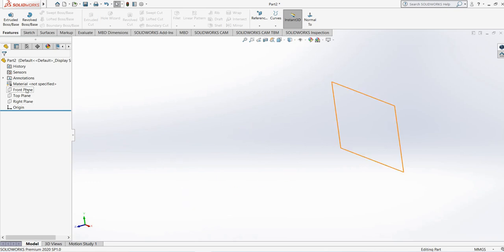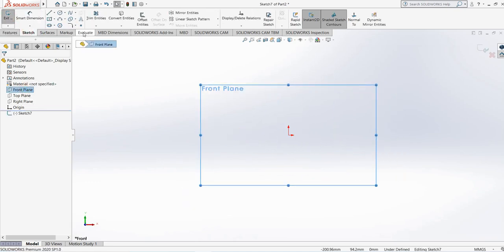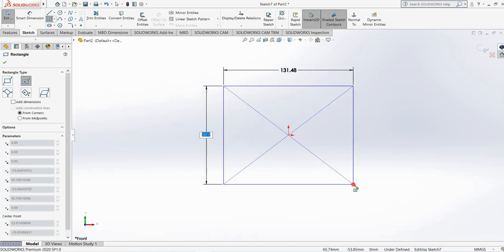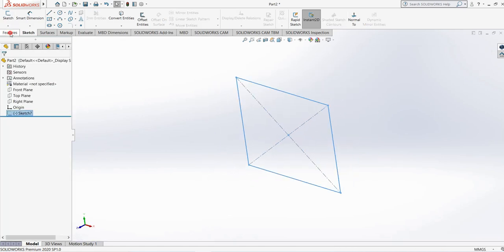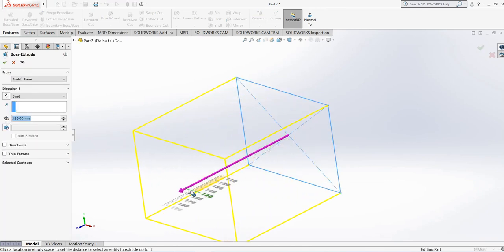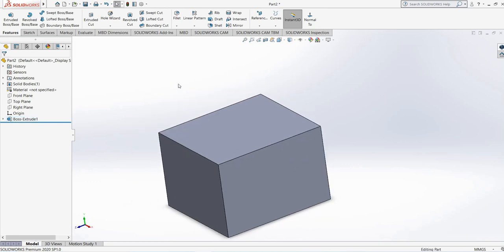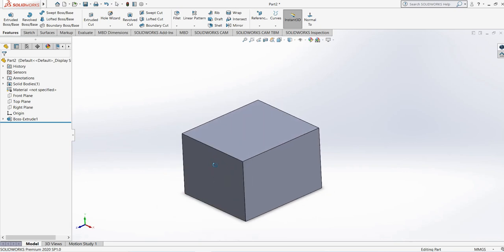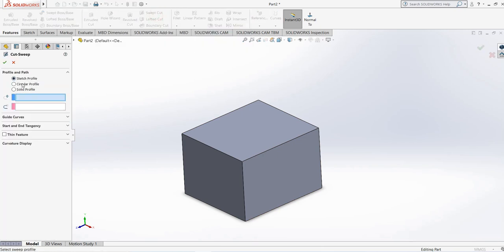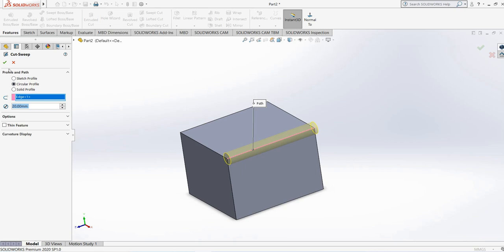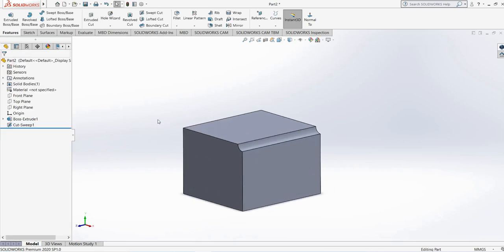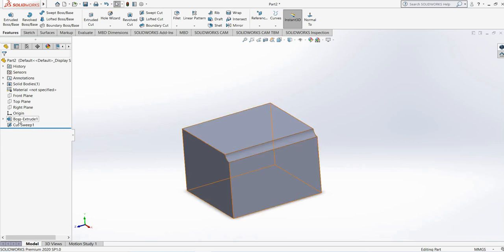So for the sweep cut, what will we need? Let's just make any structure like this. Okay, and we will go for the extrusion. So basically, sweep cut is similar. We need a profile, we need a path, and the sweep structure, that feature will cut the structure. So you can either select the edges for the sweep cut. So go for the sweep cut. We have sweep cut here, and I will select the circular profile, and I will select this edge. And how much you need to cut, you can make the diameter, and okay. You can see it just removes whatever material it is